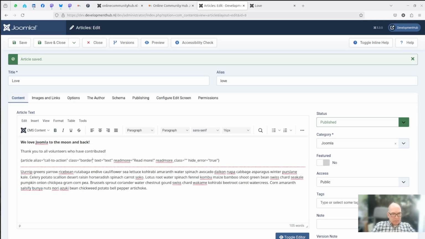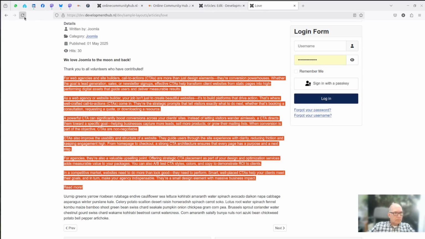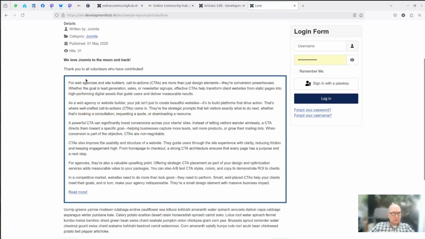I'll give this a border of 5 with a blue color, and let's add some padding. Okay, and now you see this is what is injected.